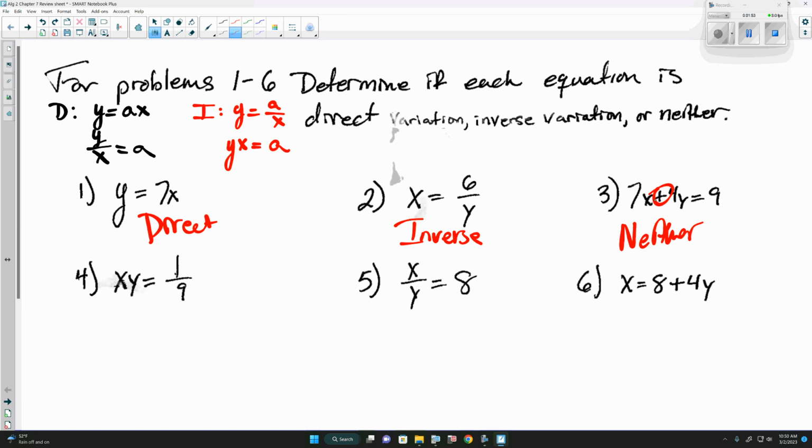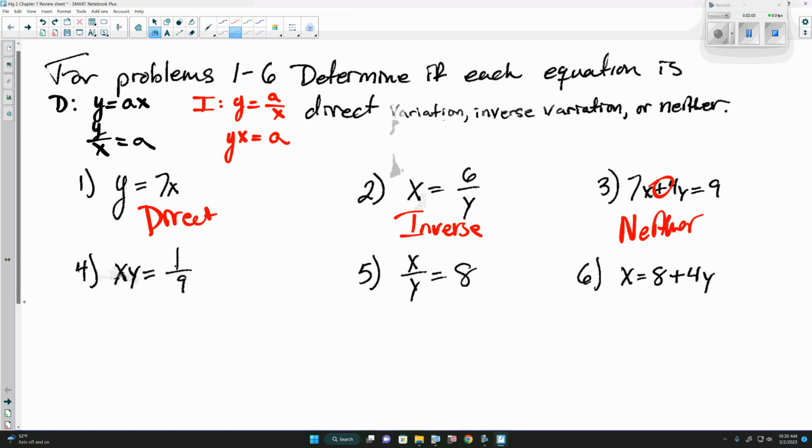And again, with any of these here, we need x and y. Because if you remember that from the last test where it just said y equals 4, it doesn't work because we need two variables. Number 4 would be inverse. Number 5 would be direct. And 6 is